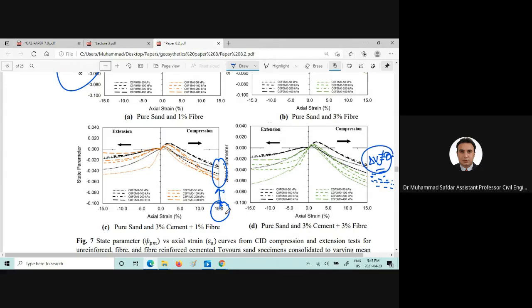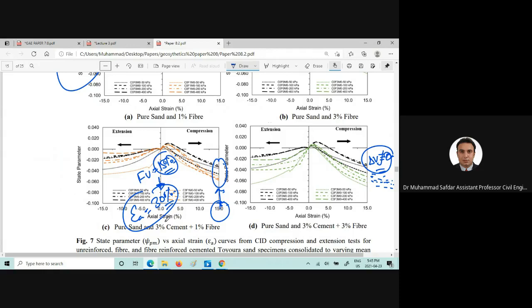is the most because Fukuoka University did the data till 15%, so I need to reduce my data, the plotting points till 15% axial strain. But I told him that I need to show him up to 30% axial strain, because I performed this till axial strain equal to 30%. So that is possible,